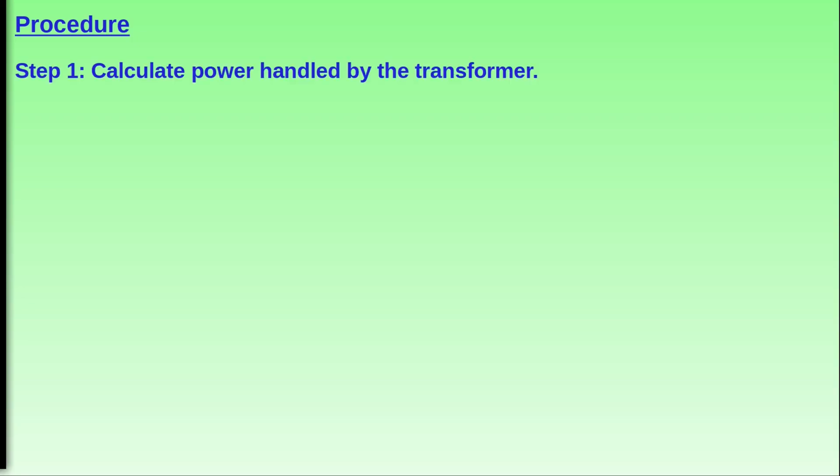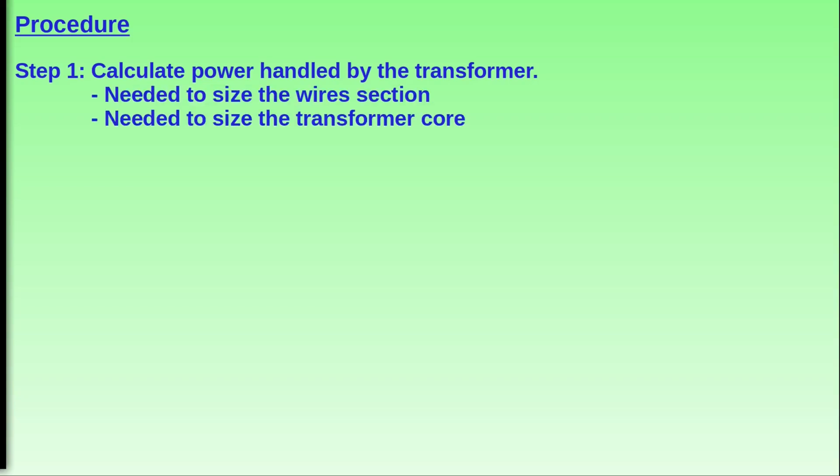Here is the general procedure necessary to design a toroidal core transformer. Step number 1. Calculate the power that will be handled by the transformer. This is very important for two reasons. 1. We need to size the wire's section so that it will be able to handle the needed current. 2. We need to figure out the sectional area of the transformer core, which depends on the power that needs